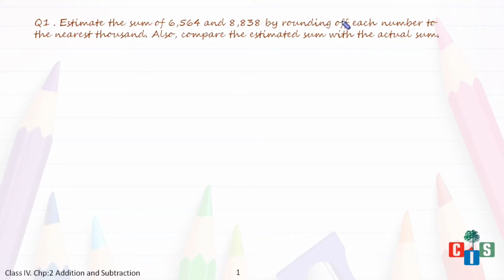Here it is. So rounding off is used to estimate the sum of the numbers, and you have to round off each number to the nearest thousand. And then you have to compare the estimated sum and the actual sum. So I can say that I have two things, that is the actual value and the estimated value. For the estimated value, we have a symbol. It is represented as this. This symbol stands for approximation. Okay. So moving on to the question, first we will find out the actual values.